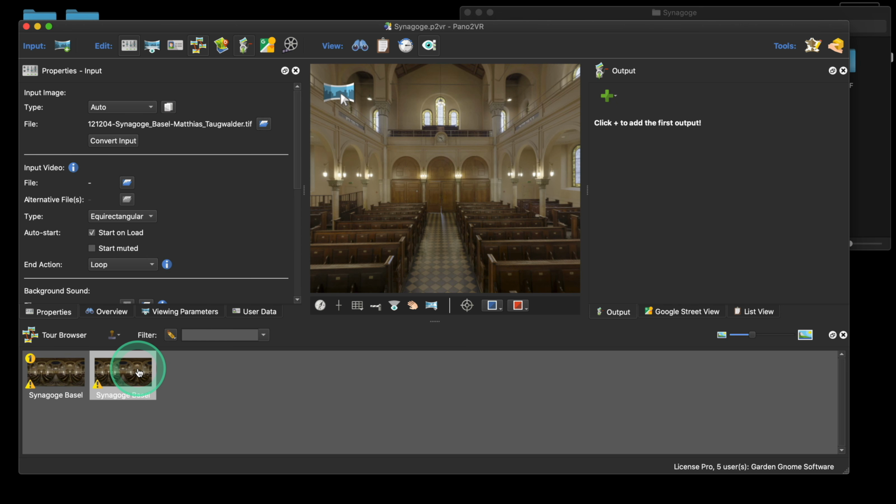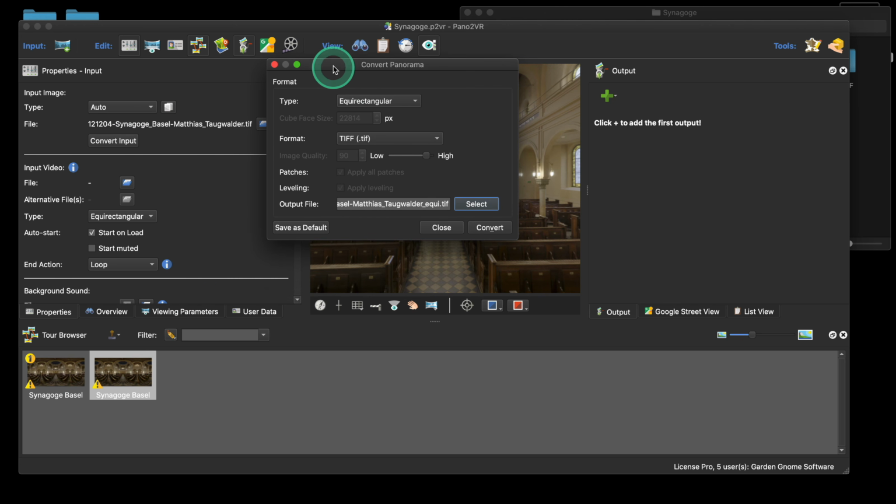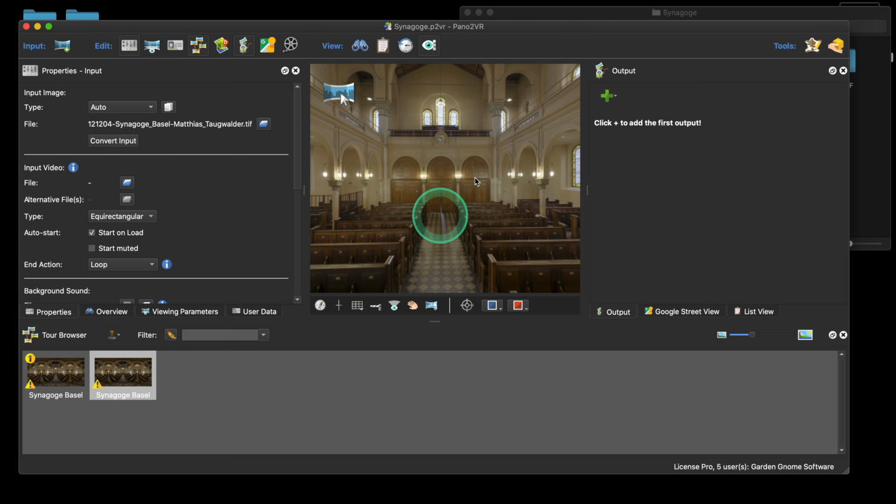So again, let's just nip back to say, right, how do we create this then? So you select your image, go to convert input, and the default is equirectangular TIFF, and I can select default. What will happen is Pano2VR will remap this and create a new image, a new tiled TIFF, and it will use that within the project. Okay, now what you can also do